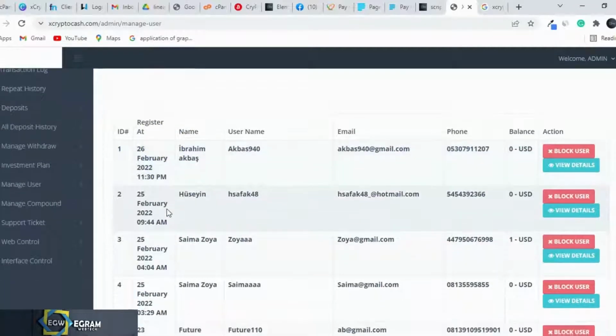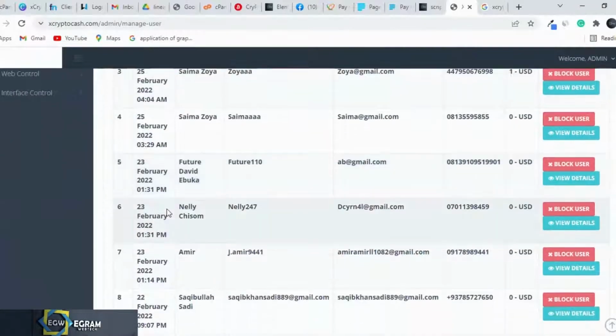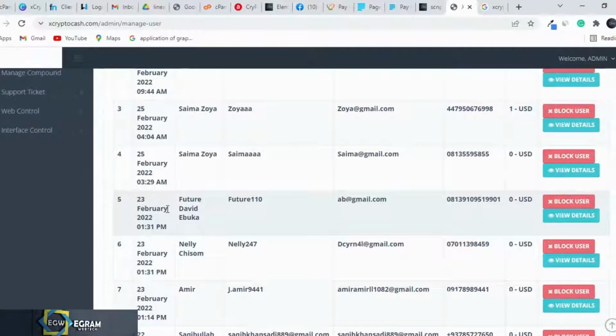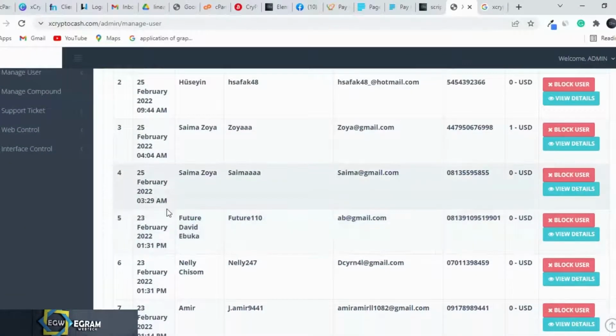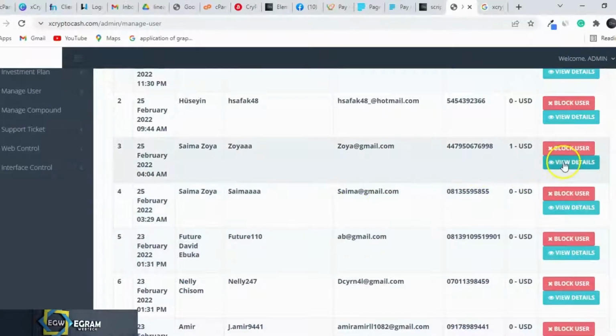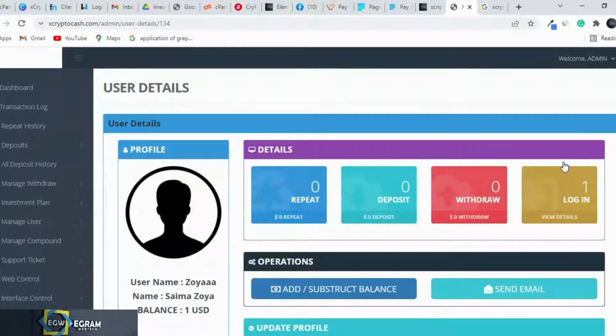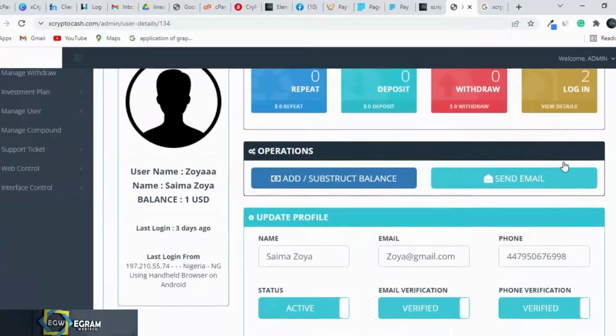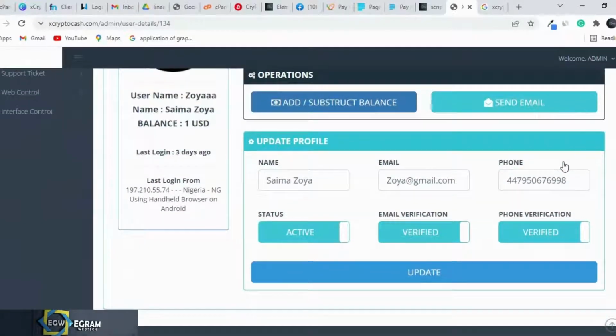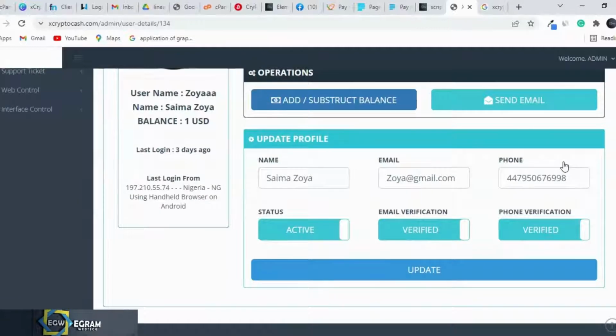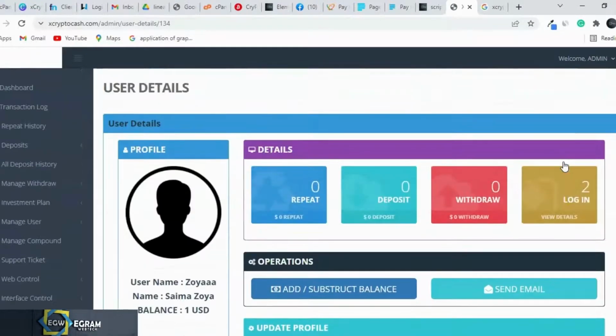Look at the users here and all the transactions they've done. This one still has $1. Let me view this user. Okay, no problem. So that's all about this code now.